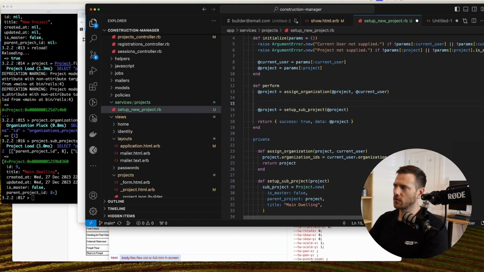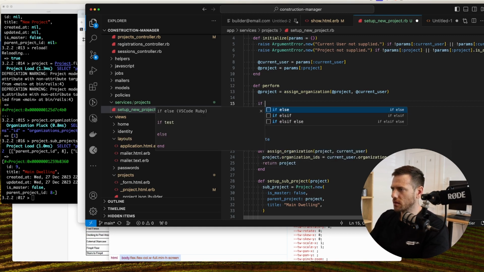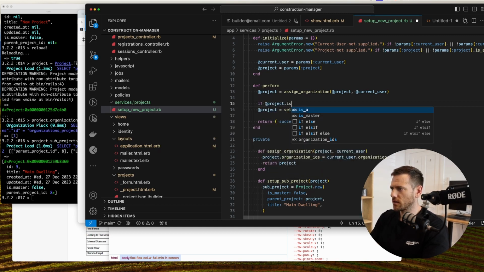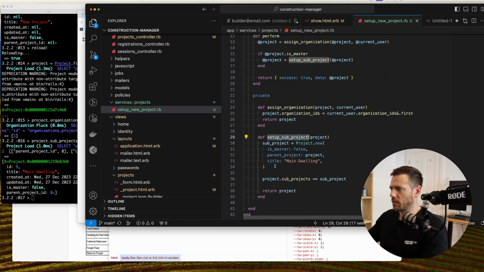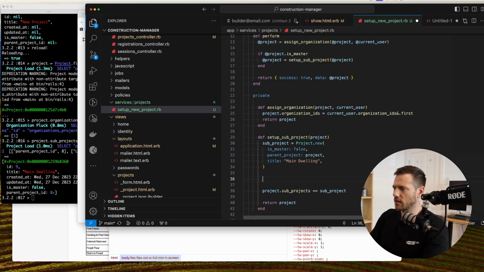So because I want to use it for a sub-project, we don't want a sub-project to have a sub-project to create an infinite loop. We want to say if project.isMaster, then we set up a sub-project, okay? So then we can skip this, and then what we can do here inside of this thing is we can go result equals